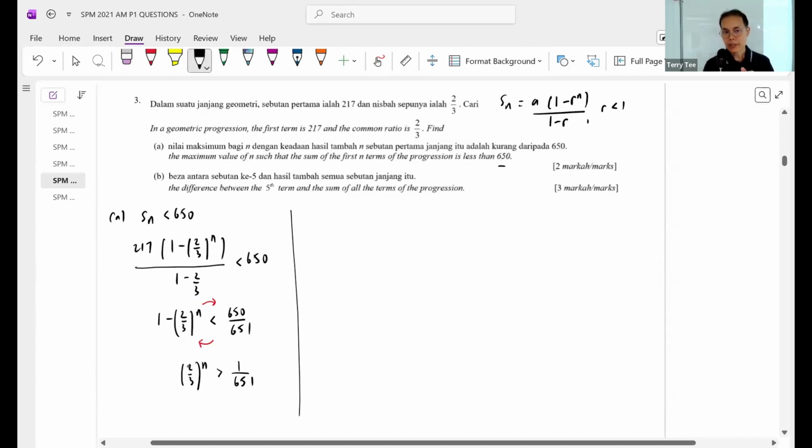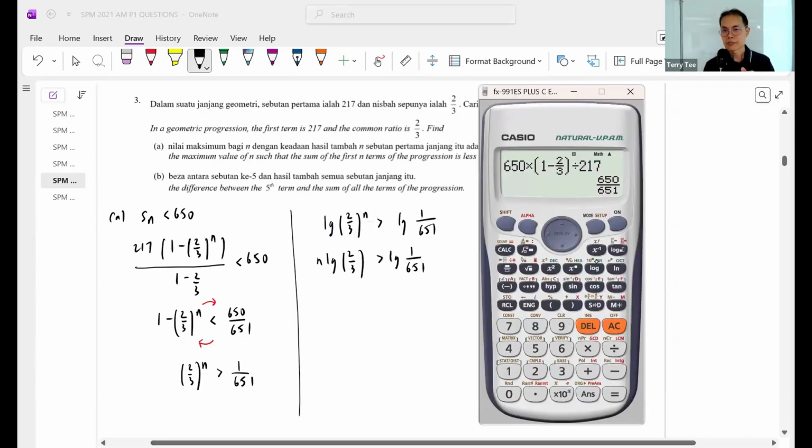Now, of course, we have to use logarithm. We have to introduce log on the left and on the right-hand side of your inequality, 651. So bring the power down. Okay. Now, from here on, use your calculator. Log 1 over 651 divide by log 2 over 3, you should get